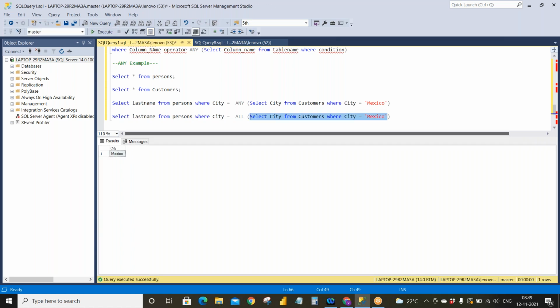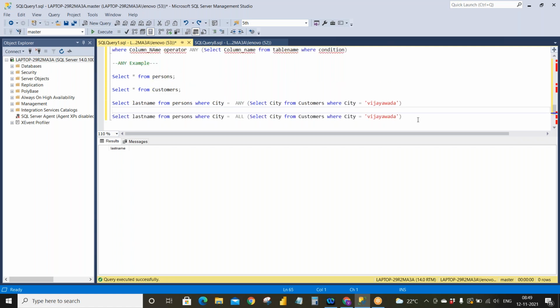Yes, we have a city called Mexico, and this data and this data is not similar. But here we should get something. Okay, let's stick with Vijayawada, but for the other one, Mexico, we will talk about this in the next class.